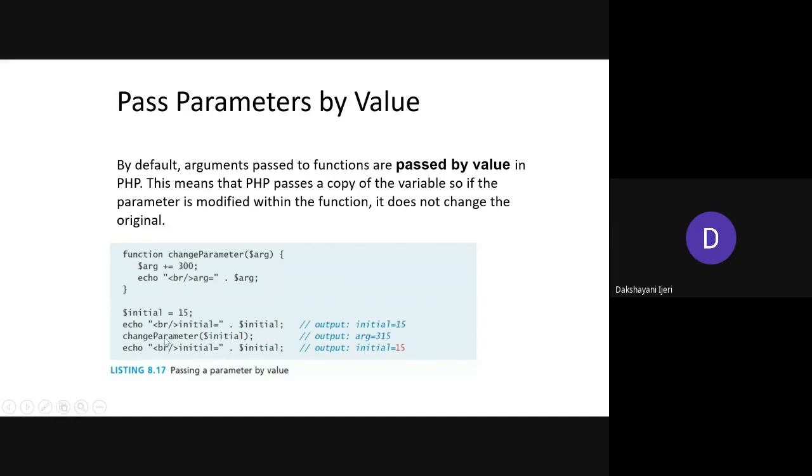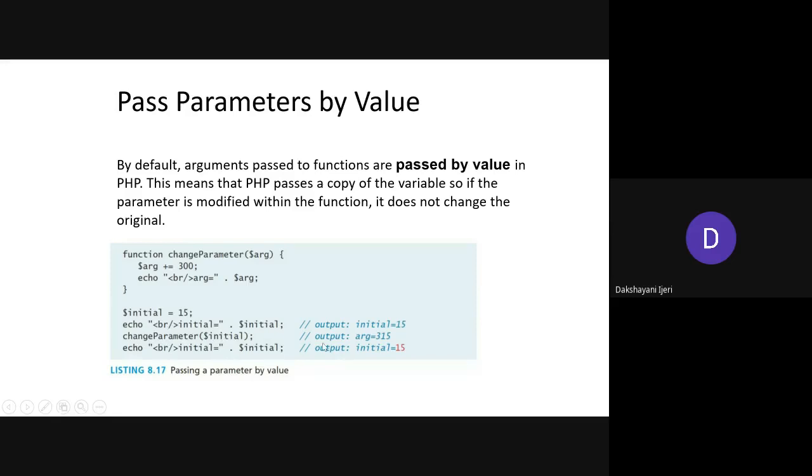Then we are calling that function. This statement calls the function by passing the value. We are directly taking only the variable name here, and in the parameter also we are directly taking only a variable name. That means these are two different variables. So whatever operations you do with this variable are not reflected in the initial variable.